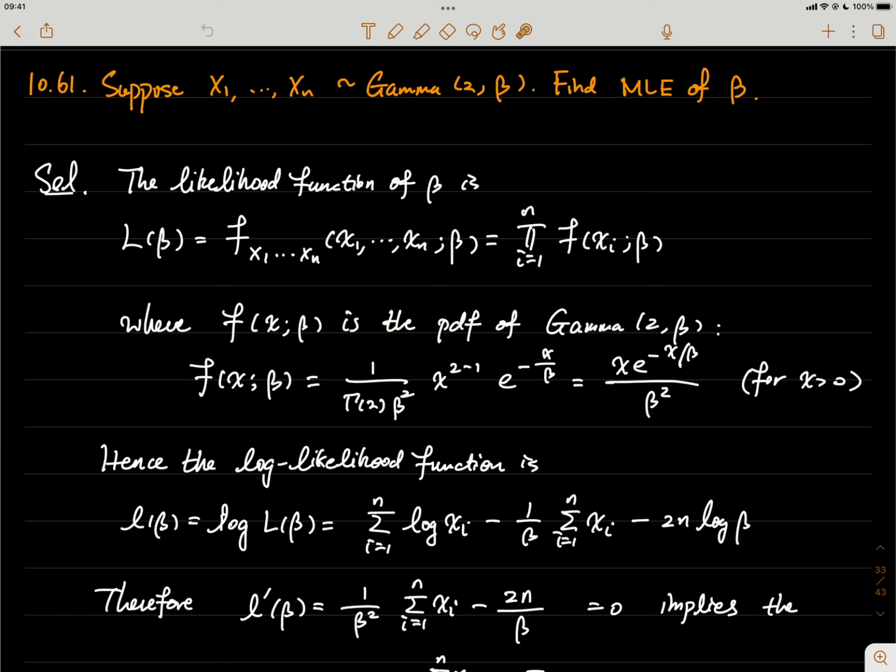The gamma random variable is given by that. It's 1 over the gamma function of 2 times beta squared, times x to the power alpha minus 1, where alpha is equal to 2 here, and e to the negative x over beta. Some books use 1 over beta instead of beta. So in those cases, the beta will be on the numerator, and also this beta will be on the numerator. But either way, you get the same type of maximum likelihood estimator,